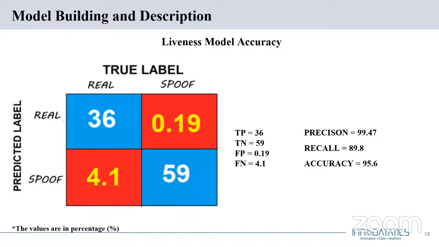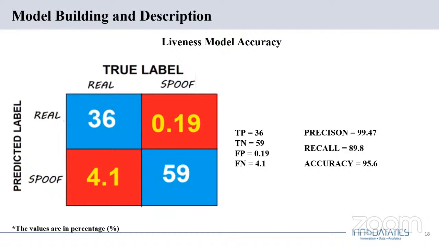Here we see the liveness model accuracy. To determine the accuracy, we have used a confusion matrix, which helps us evaluate the performance of the model, and we have mainly used it for model management as well. A confusion matrix compares the true values with the predicted values of the model. This is an important concept for model evaluation, and how the model performs can be determined using it. As we all know, the true positives, which correctly predict the positive classes,